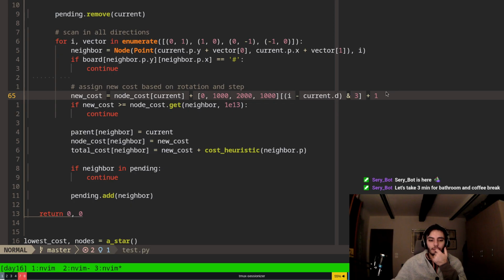What I'm guessing is happening here is basically that the current direction will always be 0, while the i minus current dot d